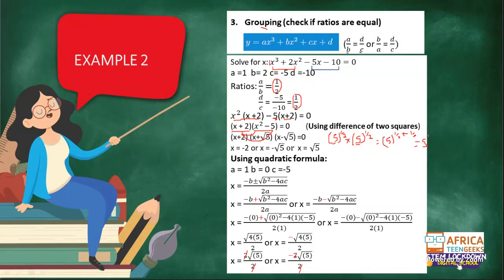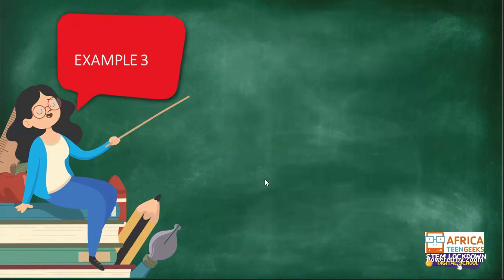So remember, if you don't see that it's a difference between two squares from this point, you can simply use the quadratic formula and do that. Because what I'm trying to show you is just ways to find your x-intercept when we're doing differential calculus. Because I saw that most people still don't understand how to find the x-intercepts.